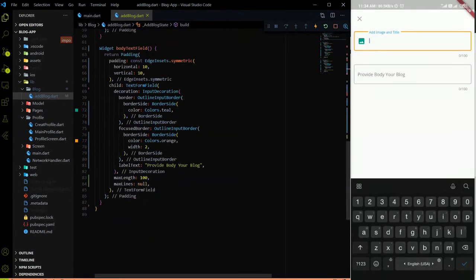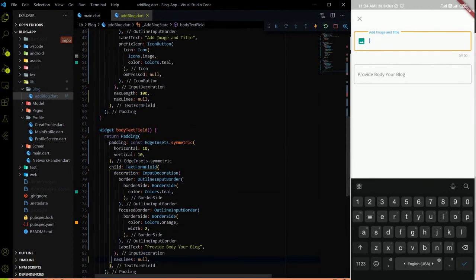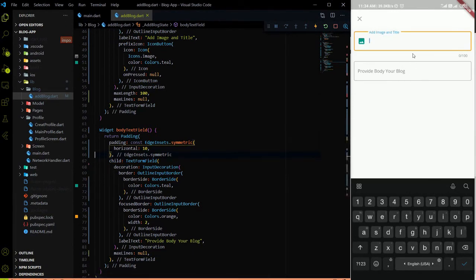We don't need a max line as 100 because the body content can be any length. And hit the save, and it's looking great. And just we had to do one quick thing, that we don't need a vertical right now because the padding is too much between these two text form fields. And now